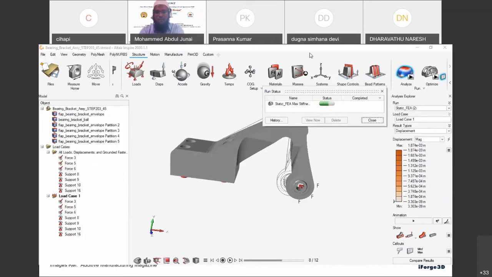What I usually do is, after designing my component, I use a few tools to check whether there are any problems with the STL model. I will check all the mesh qualities, all seven mesh qualities. Even these mesh quality checks sometimes give improvements, and there are disadvantages also. So that is what I have been working on.